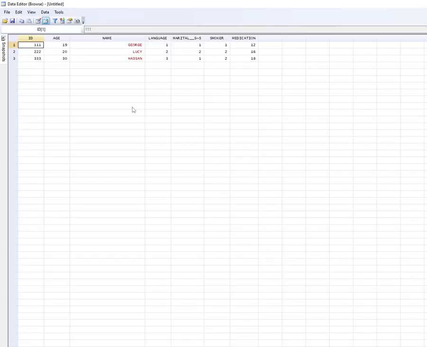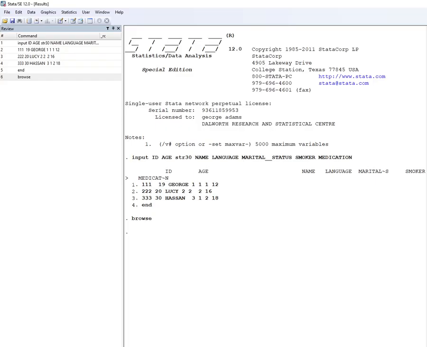If you browse, you'll see something more like an Excel spreadsheet. And now you can see how your data is organized. So we can tell the variable and also the observation. Let's close that window and let's learn how to